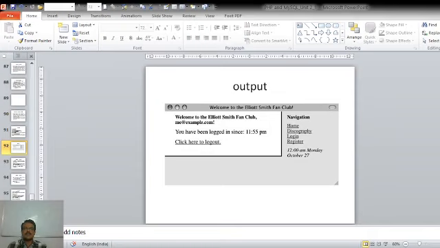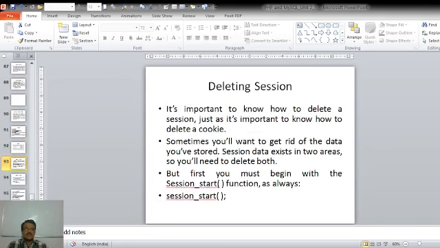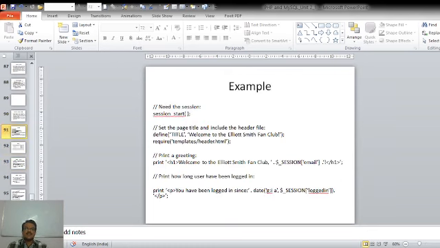For example, the email will be me@example.com, and we have printed another message that you have been logged in since 11:55 p.m. So since how long a user has been logged in, we are printing by accessing the session variable. This session variable can be accessed in a similar way as we access a normal array variable, similar to our $_POST array or $_GET array or any other user defined array.